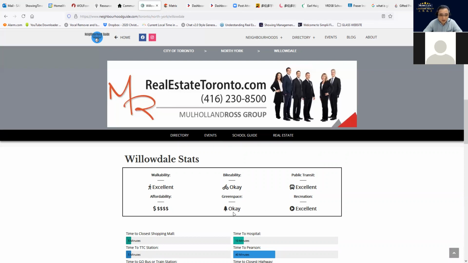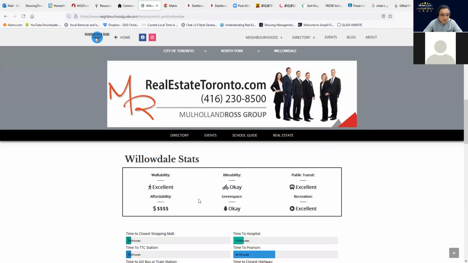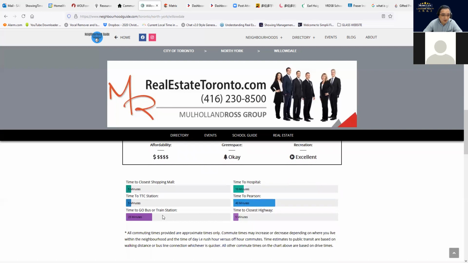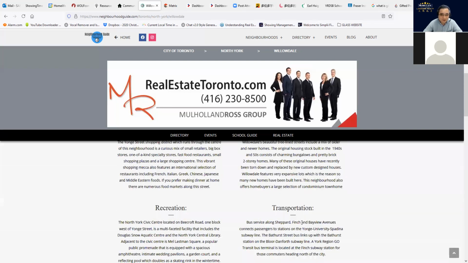So other than the background and the history, they give you some information here. They will also give you the time to the shopping mall, 5 minutes, close to TTC station, close to GO bus or GO train station, time to the hospital, time to Pearson airport, time to the highway. So I think this is another very useful information.